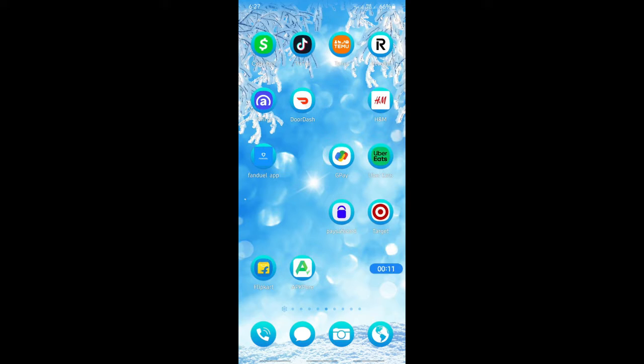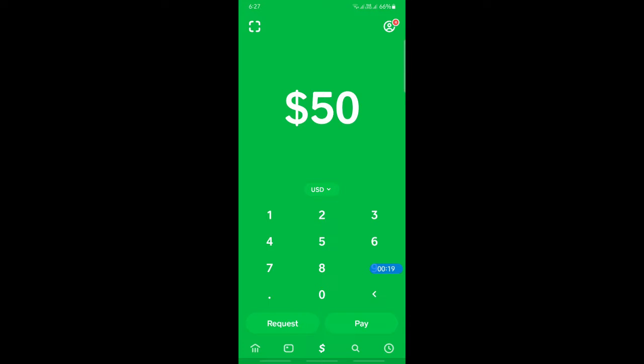So if you don't have a Cash App card but you wish to use Cash App, what you can do is just open up your Cash App and log into your account. Once you're done, if you want to pay with Cash App, then what you can do,